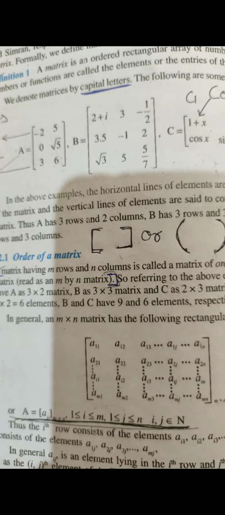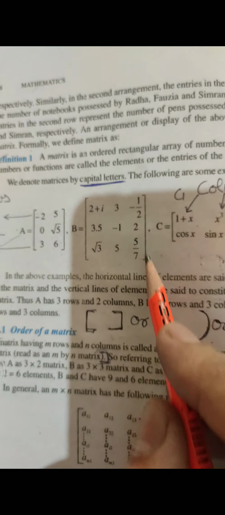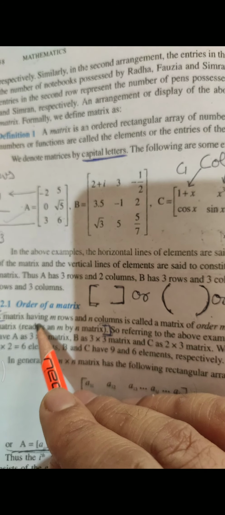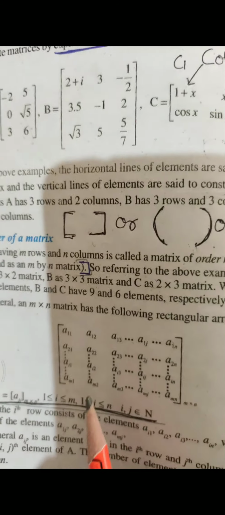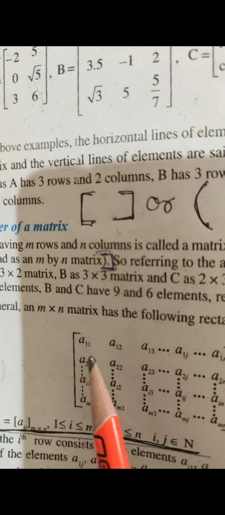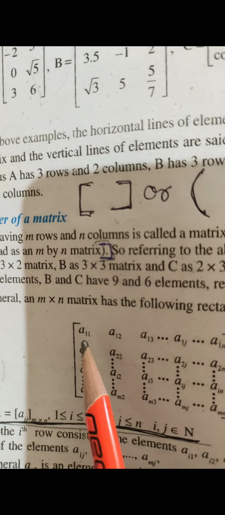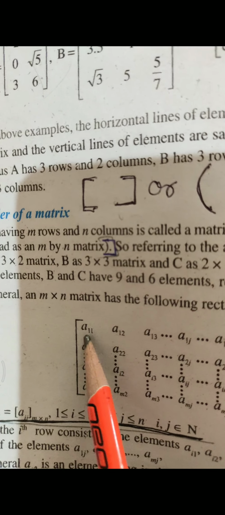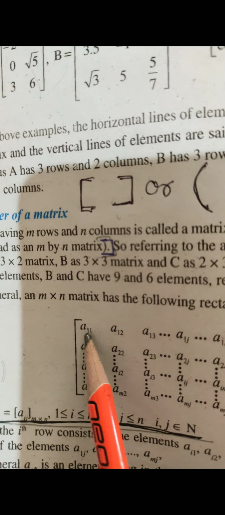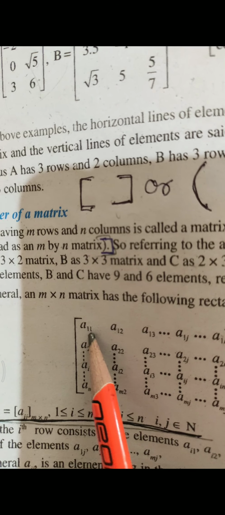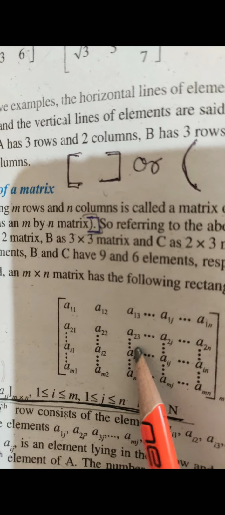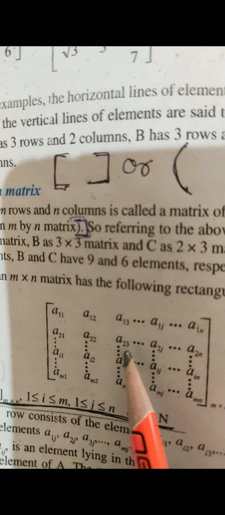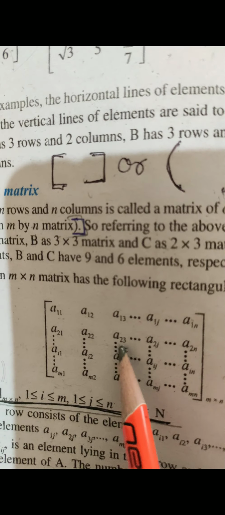We have seen how to find the order of a matrix. With the help of the order, we can find the total number of elements. One more meaning: order means we write these entries with a rule. See, when we say find the element A11, what is the meaning of A11? An element which lies in the first row and first column. If anyone says A23, what is the meaning of A23? An element at this position.